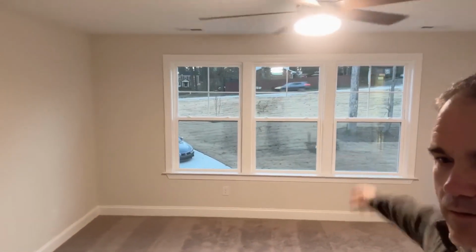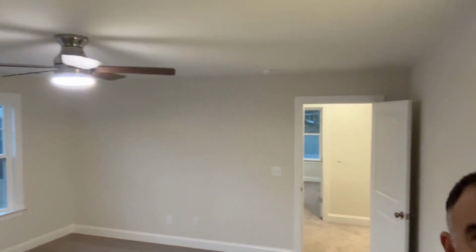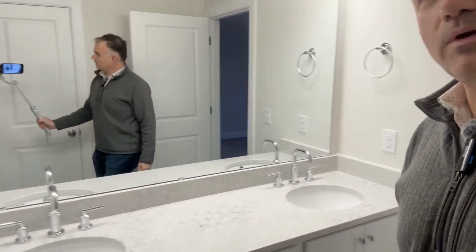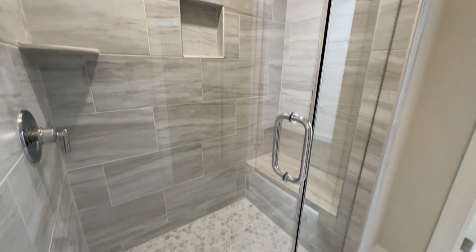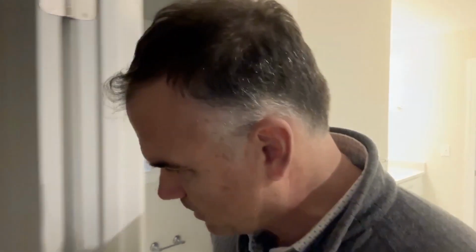So that's the main Cary Parkway out there. Look around this room. This is a nice big master bedroom. And then inside we've got pretty standard double vanity. I would call that another linen closet. And tiled shower with seat. Tiled all the way up to about 7.5 feet. And a nice big